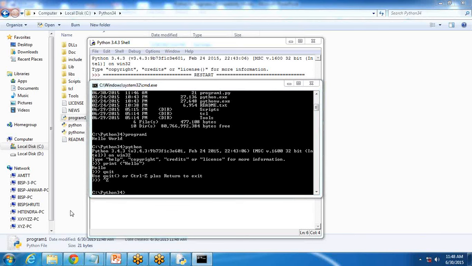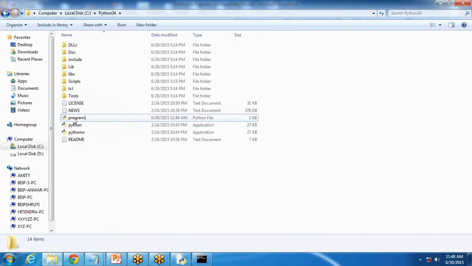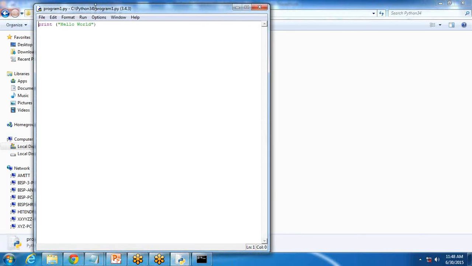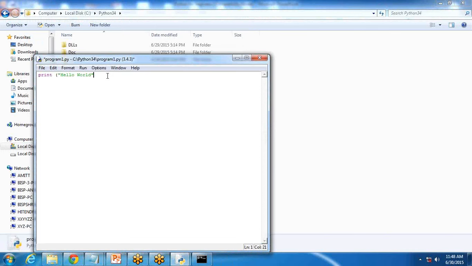Next, I would like to go for a basic input and output program. So I'm going to open this file again, and here, instead of hello world, I write a command. Let's say I write print, and it's case sensitive, so print will go in small letters. If I write print with a capital P, you can see the color has not changed, so it's a wrong interpretation. So I write print, and I write welcome to BISP